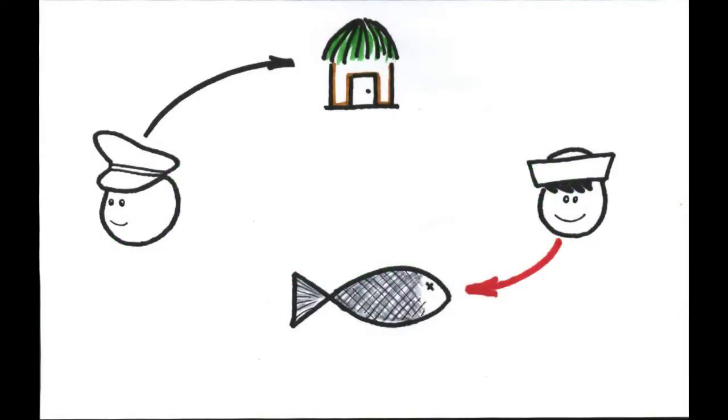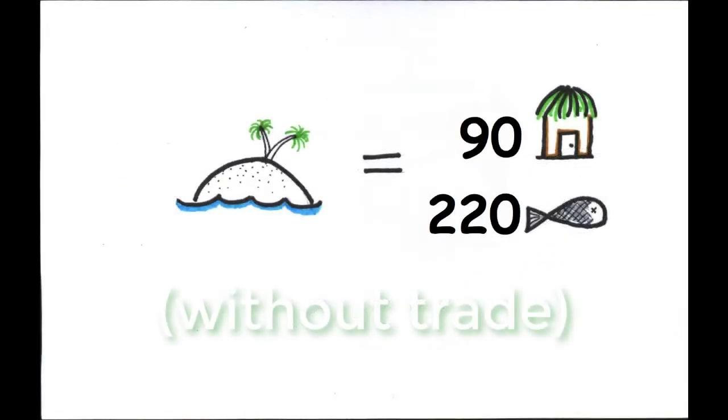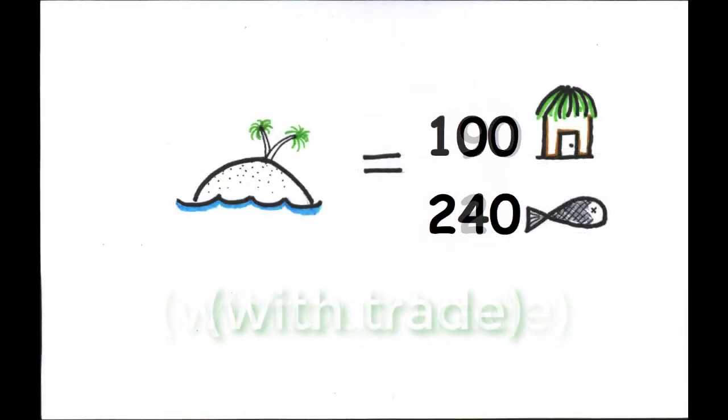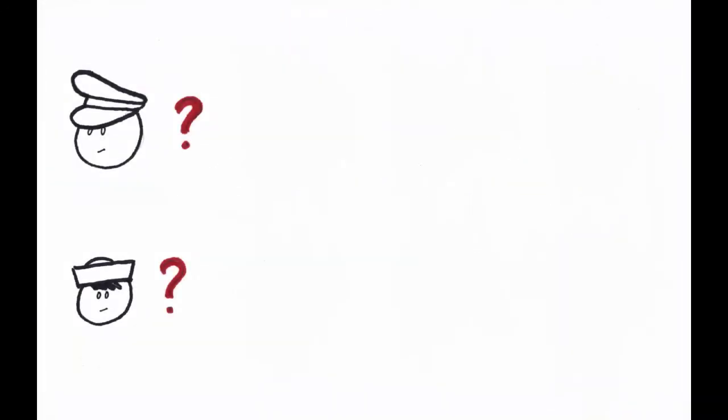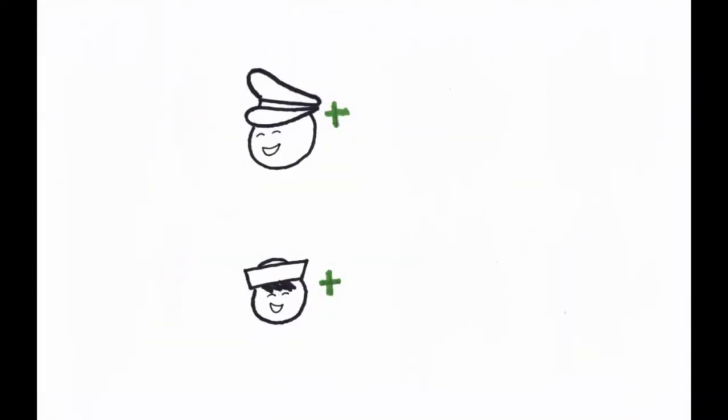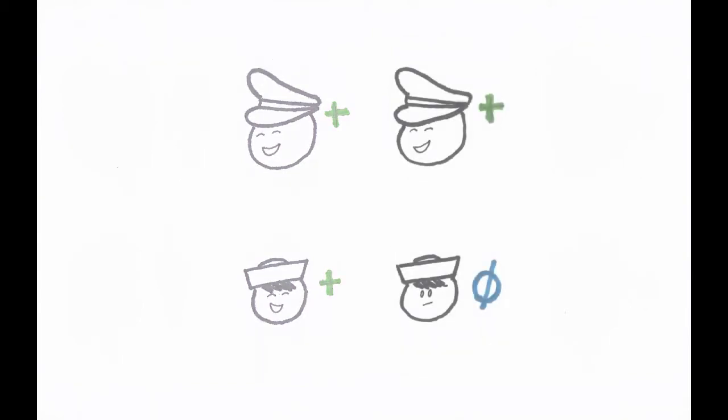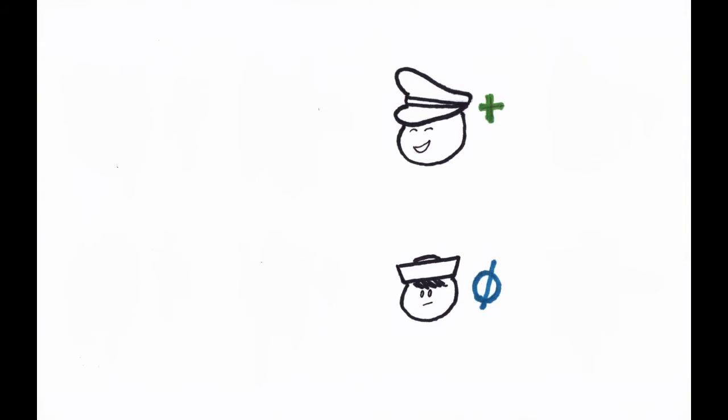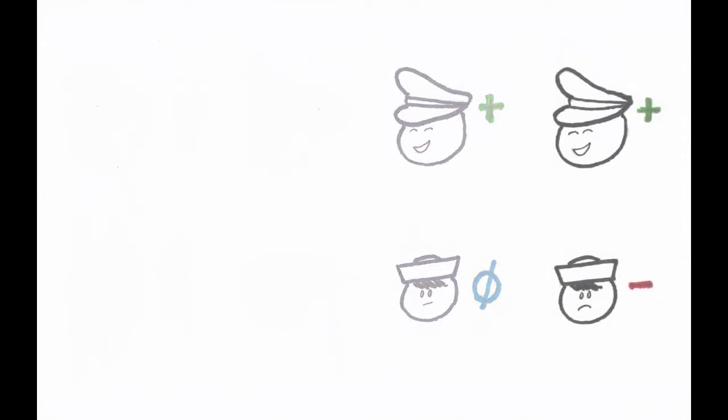In video episode 34, I used a basic trade model to demonstrate how free trade according to comparative advantage improves overall well-being because it results in higher overall production than if each participant were to produce everything for themselves. But where is the guarantee that each individual participant is made better off by trade? After all, isn't it possible that one party could see all of the gains while the other is no better off? Or worse, one party gains while the other loses?